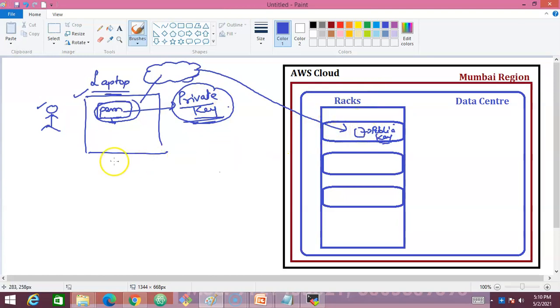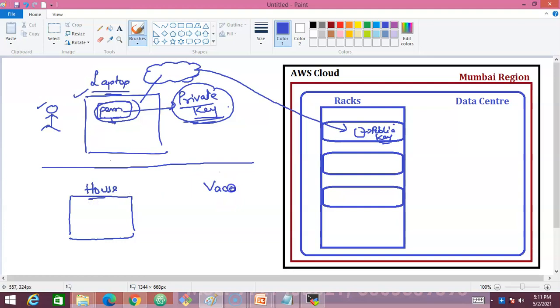How can you remember it actually? In a simple analogy, let me explain it to you. Suppose, imagine you went out for your vacation. So this is your home, this is your house. Now you went to your vacation. This is your vacation place. Let it be any vacation. You went to your vacation place here. Let's assume that you're here.